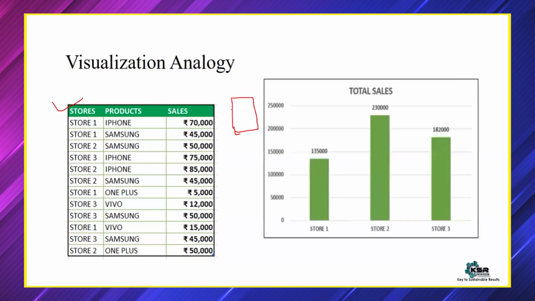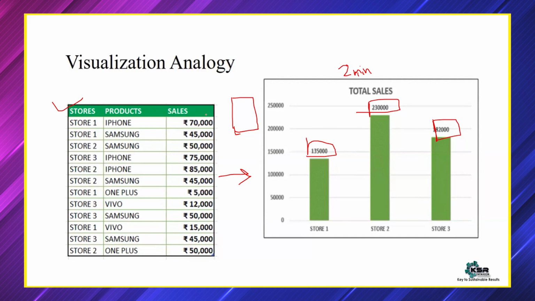Now, if I show it in a pictorial format, it's pretty straightforward. Store 2 has the highest sales, store 3 is second and store 1 is the third one. There are only 3 stores, but the table is still trying to create confusion. If this is interpreted in a pictorial format, it will solve our question in 2 minutes, or maybe 2 seconds. If you're using Power BI, just drag and drop whichever visual you want and drag and drop the columns. It will solve our problem.